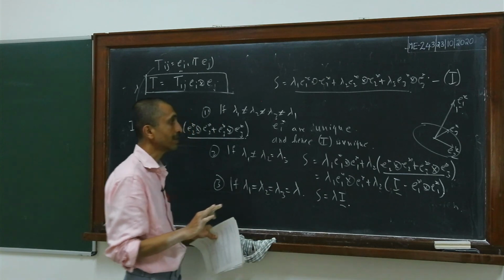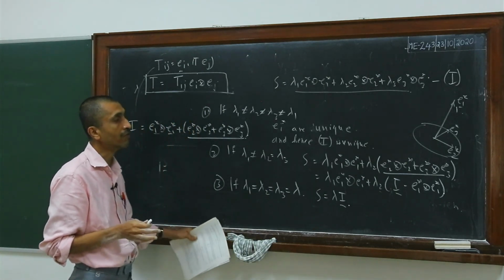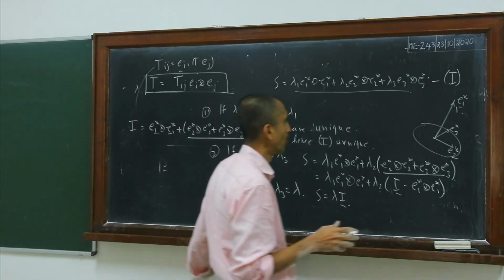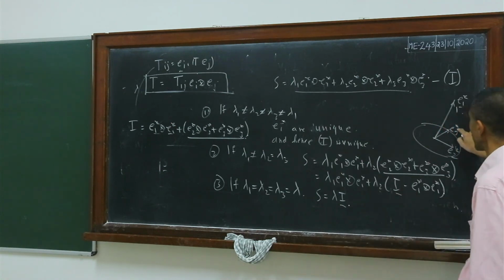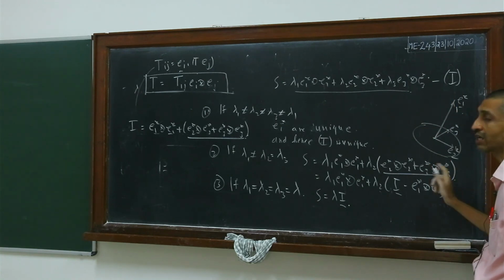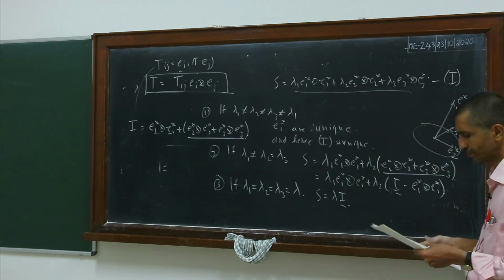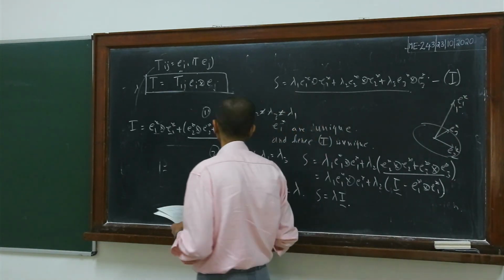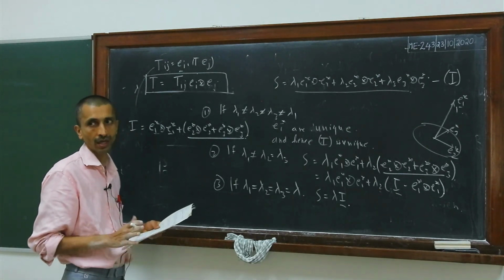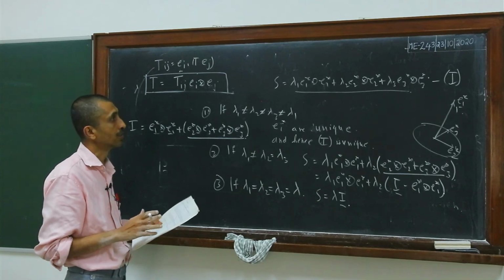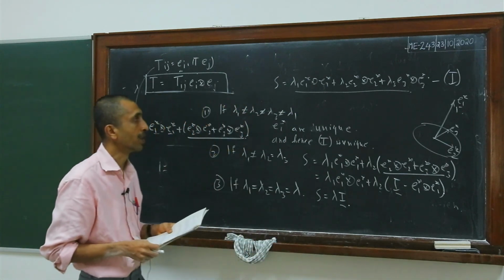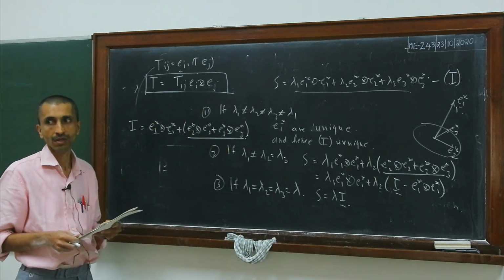To summarize this whole discussion: although the individual principal frame need not be unique, for example the choice of E2 star, E3 star is not unique, the spectral decomposition is still unique. As I said, in order to prove properties of symmetric tensors, and later on when we look at positive definite tensors and so on, this spectral decomposition, relation 1, is going to be very, very crucial in proving various properties of symmetric tensors. Okay, I think we will stop.